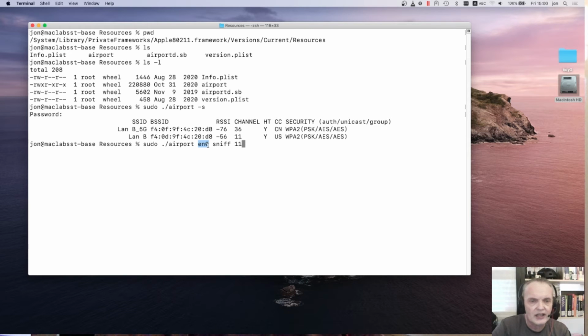But a lot of modern Macs don't actually have an Ethernet port anymore, so that means the wireless card becomes N0. We also have to issue the sniff command, and we have to tell it which channel we're going to actually capture data from. And so once we've done that, we just run it,